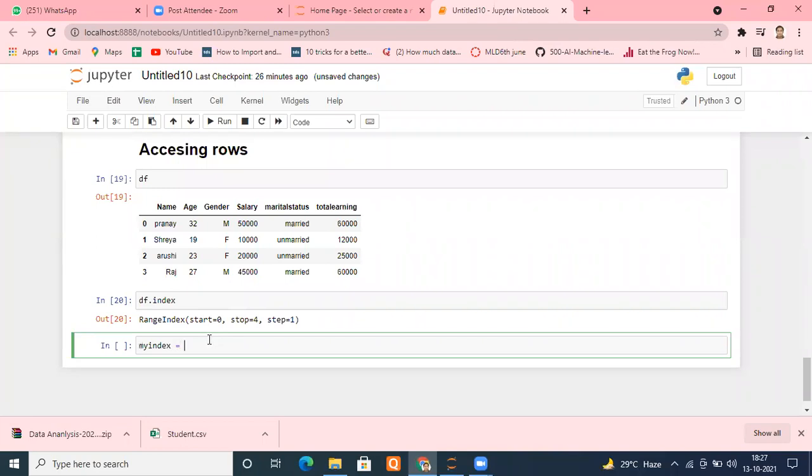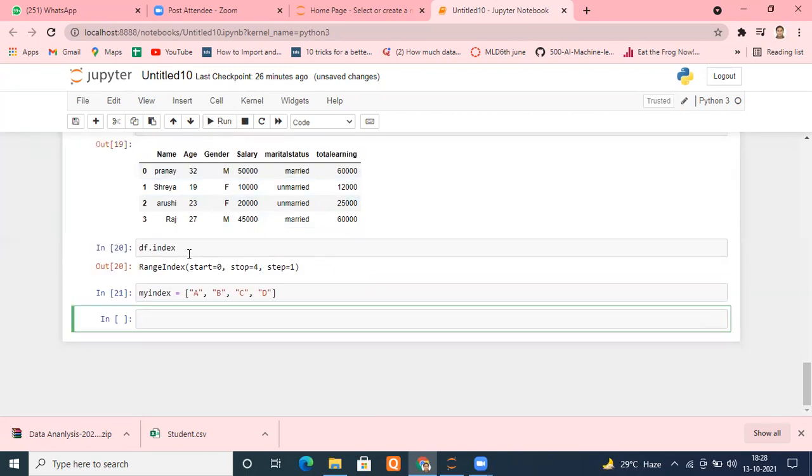You need four elements, so just pack them inside a list. Suppose A, B, C, D. This is my list, which has 4 elements corresponding to 4 indexes.